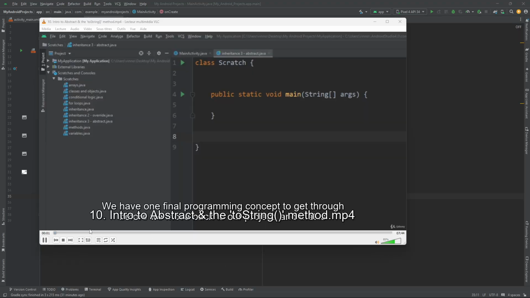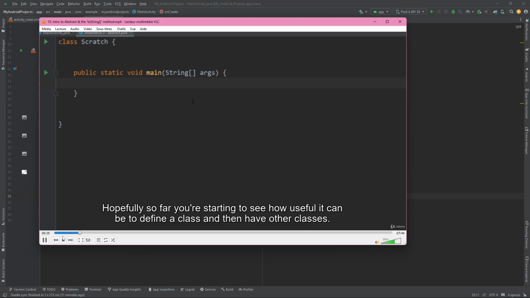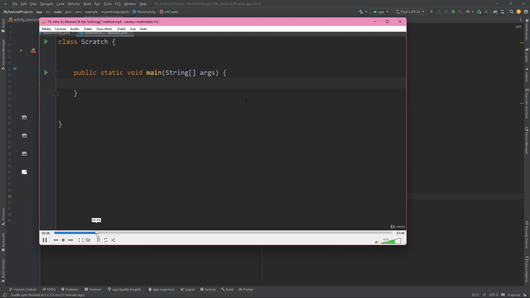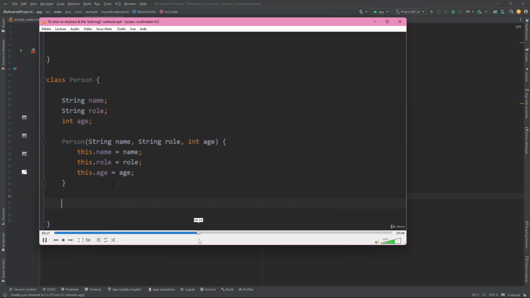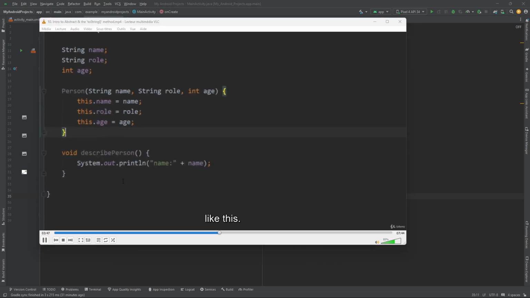We have one final programming concept to get through, abstract, and how useful it can be to define a class and then have other classes extend that. We can do that in our code, and it's not going to be anything very complicated in the future if we ever need to describe an object like this. So delete the